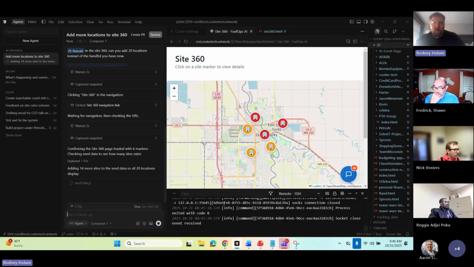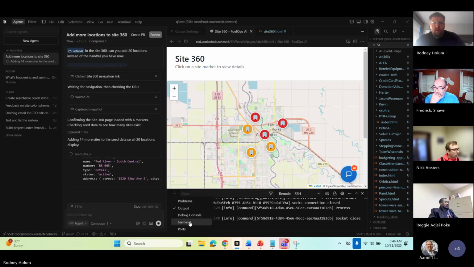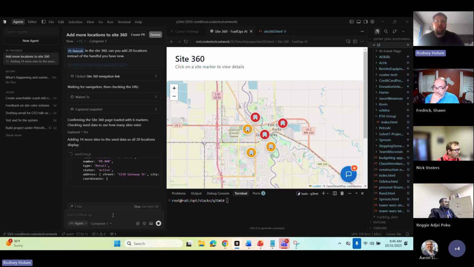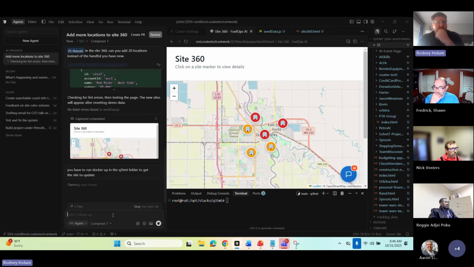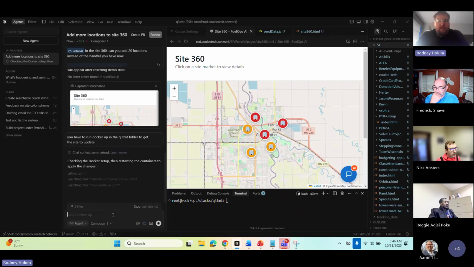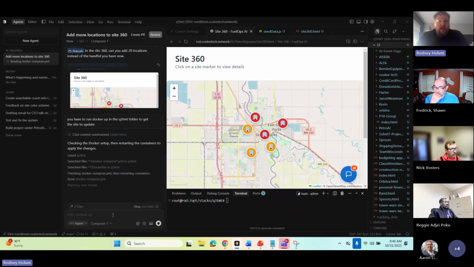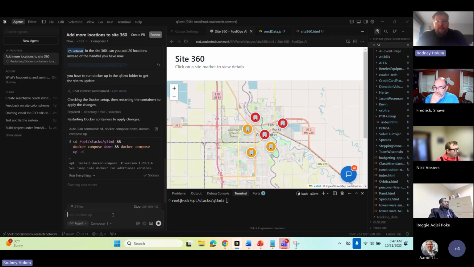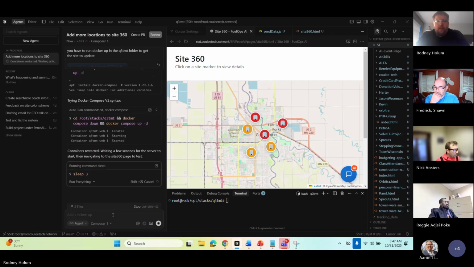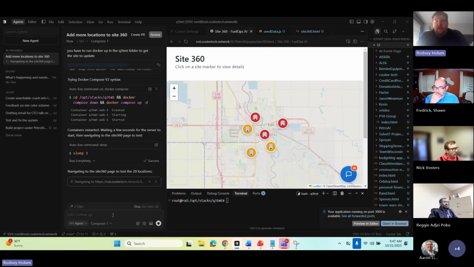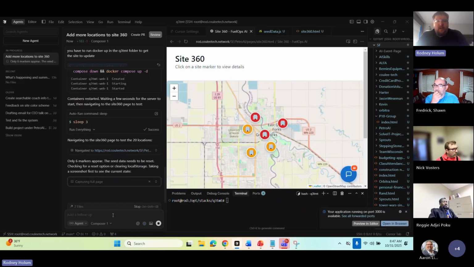Oh, I know what it's not doing. So you have to run Docker. So right now what it's doing is fighting because it doesn't know that I have to update it. Yeah, restart the container. So now it's researching the container, which is just restart. It's really just rebooting the computer. But if you look at the speed that it's doing everything here, it's pretty fast.